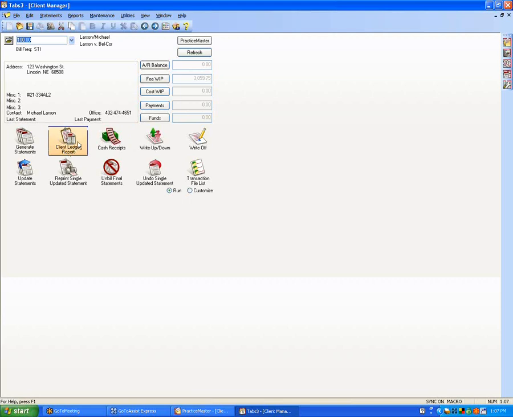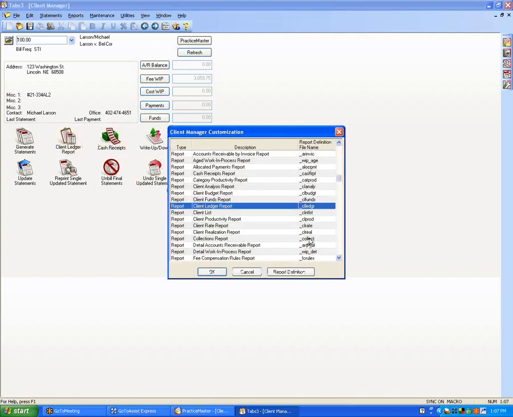Now, you don't really want to go and change the default for your main client ledger report to show zero balance clients, because then if you run that regular report for all clients, it's going to show you everybody, all 10,000 clients you've got in the system, whether they owe you money or not. But when you're in here, you still want to see it even if the client's got a zero balance. Well, we discovered this the other day, about a month or 2 months ago,